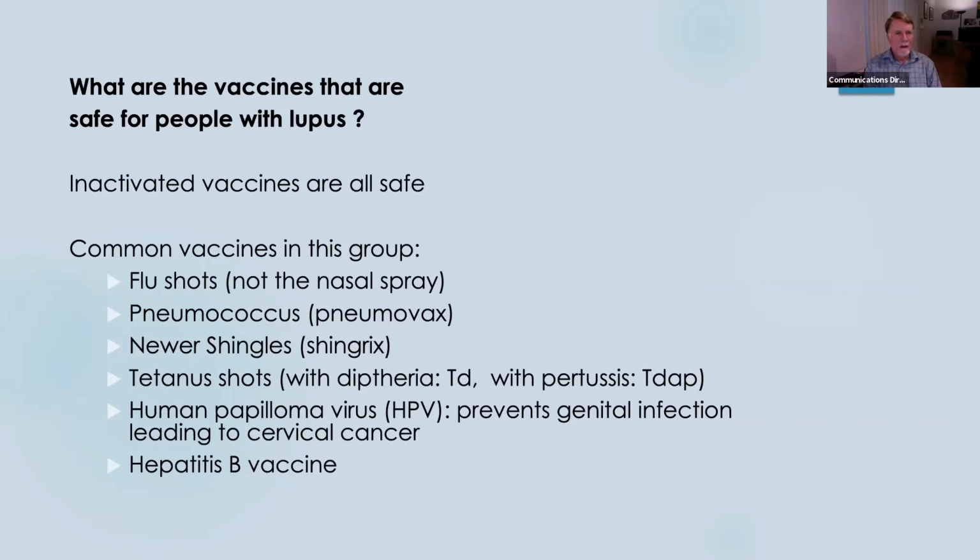In this case, the vaccines are very safe because they're not really giving you something that might cause an infection. They're just giving you a piece of the cell lining of a bacteria or a virus, which is not going to cause any problems, but can induce a good immune response. Some common vaccines in this group include the injectable flu shots. The nasal spray you really shouldn't use. That's a live vaccine, but the injectable flu shots are very safe. The shots to pneumococcal pneumonia, a bacterial infection called a pneumovax, are also very safe, and we recommend them routinely